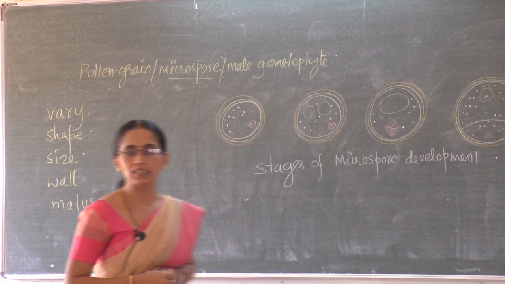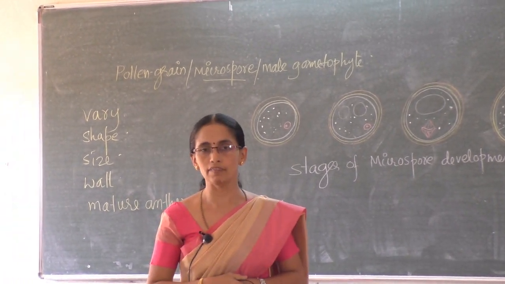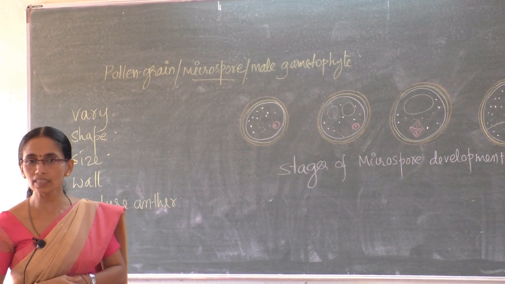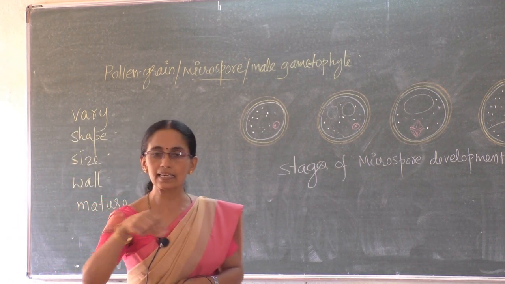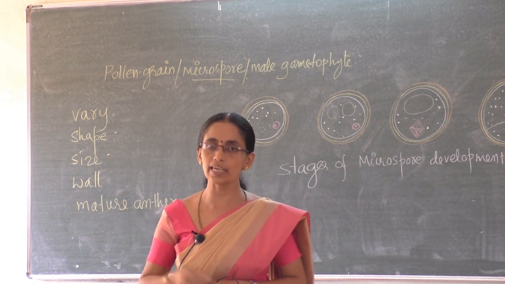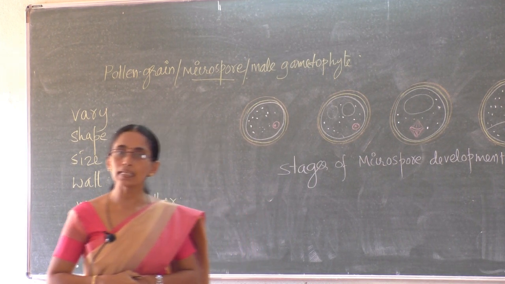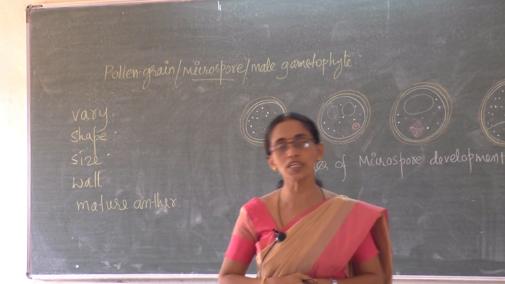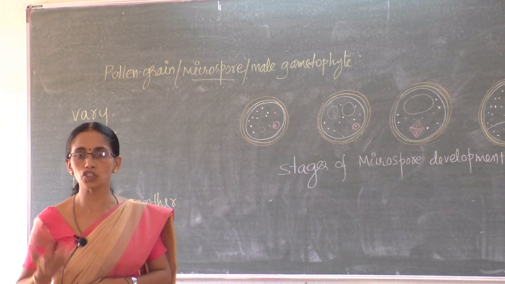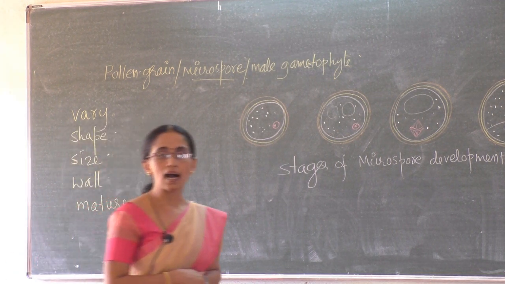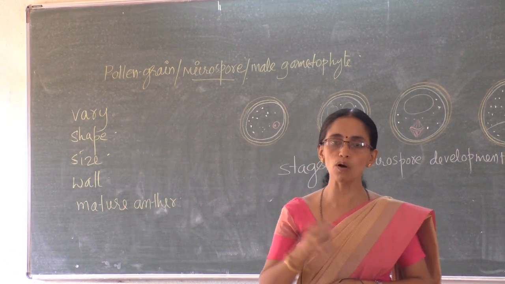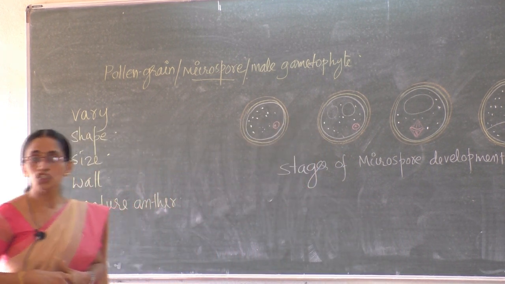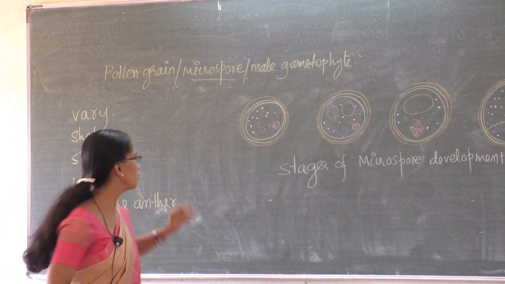When we touch the open anthers of a flower, a yellowish powdery deposition occurs on our fingers. Those are pollen grains. When we sprinkle them on a glass slide containing a drop of water and observe under a microscope, we see different varieties of pollen grains in different plants and species. Variety refers to size, shape, color and design. Pollen grains come out from the dehisced anther and vary from plant to plant.